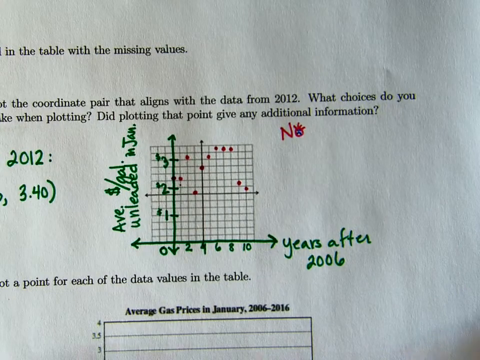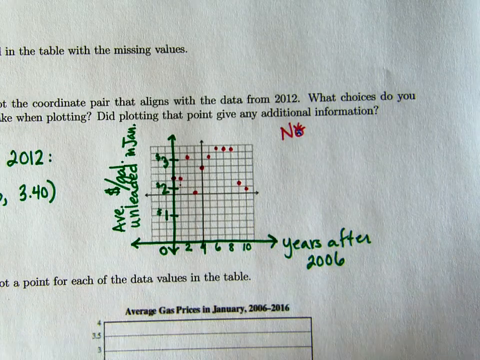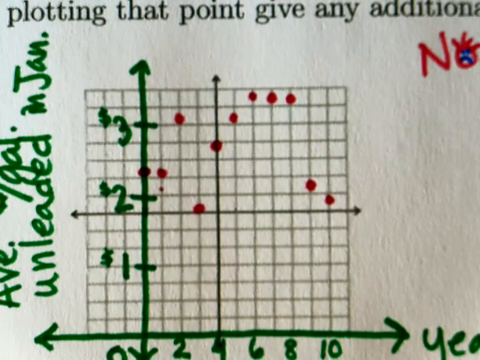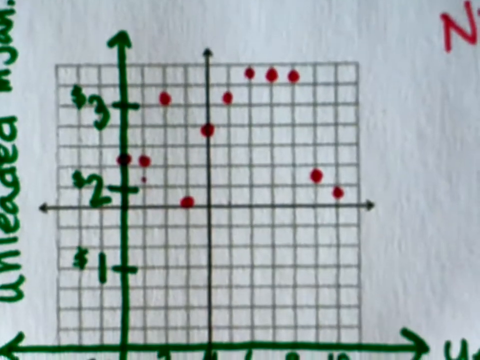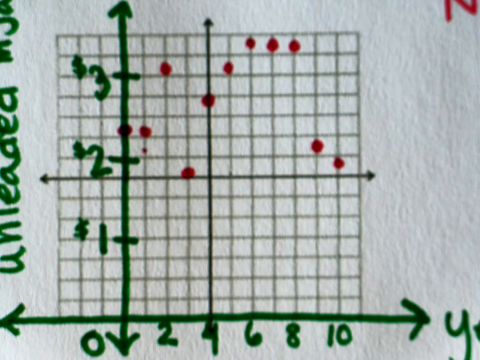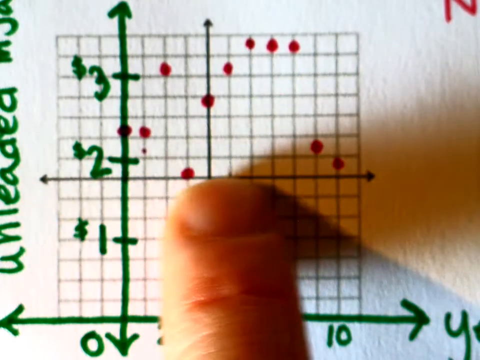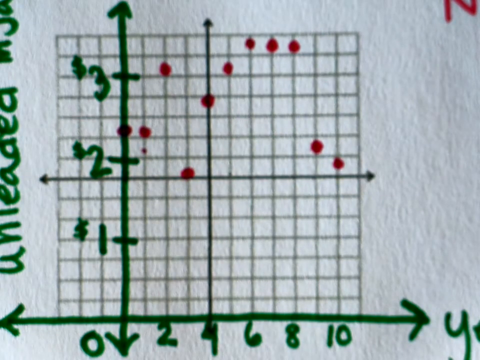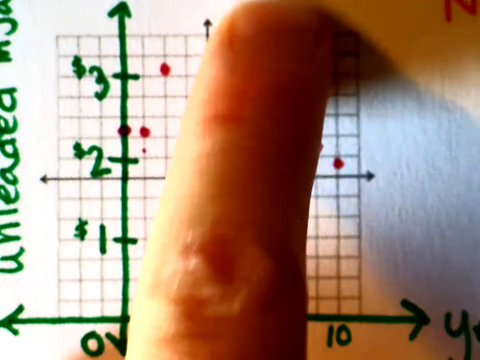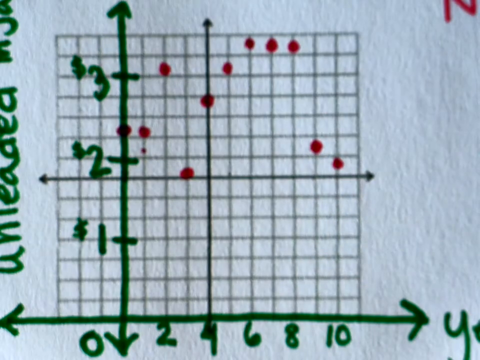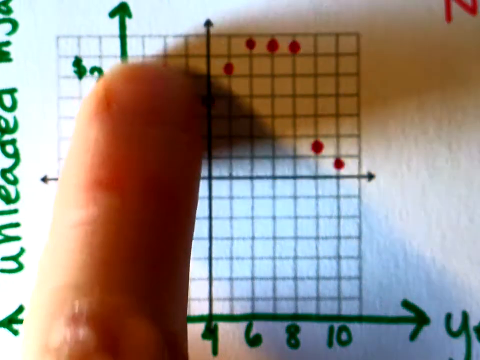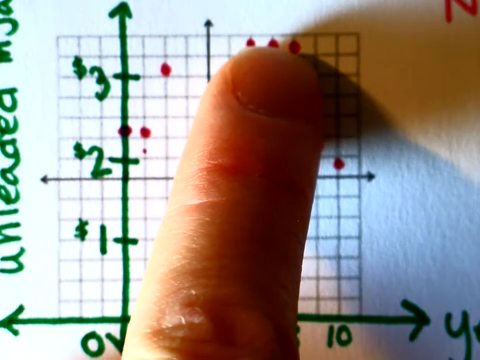Okay, a couple of things. So when I look at this, and I zoom in, what I see immediately is the lowest it goes is just over $1.75. And so I see the minimum here. I also see the maximum right there. That's the highest it went in that 10-year span. I see that it was pretty similar, but then it jumped, then it fell, and then it rose, and then it fell